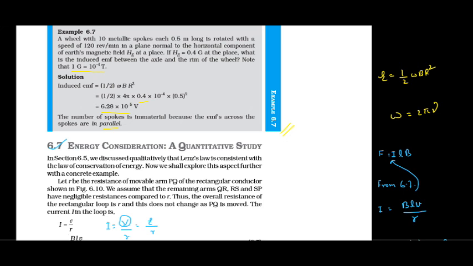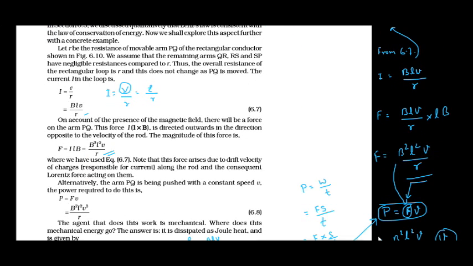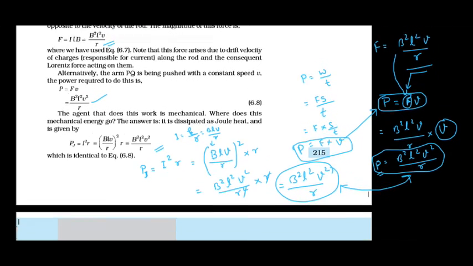Here we found the value of I is equal to EMF upon R, and put the value of EMF as BLV upon R. We have done in detail I is equal to E by R, etc. So F is equal to ILB, that is B square L square V upon R, and we found the expression for power